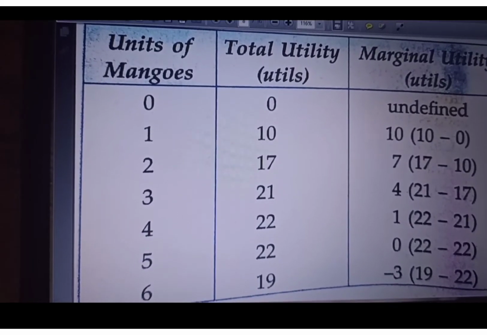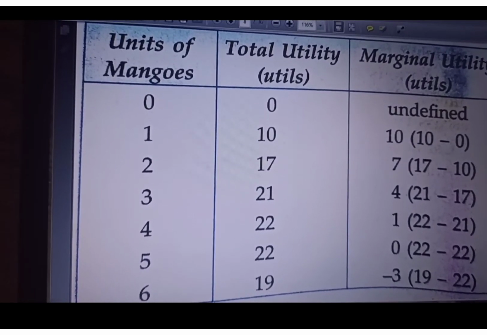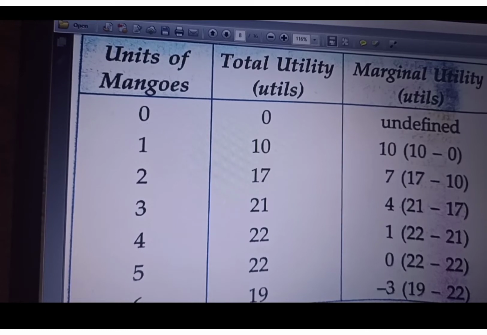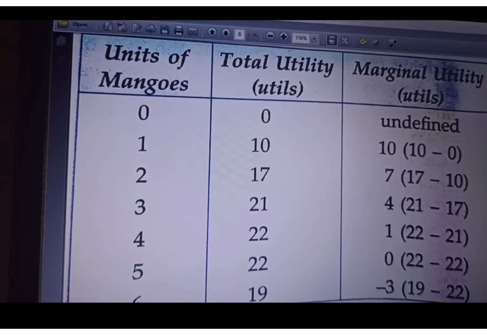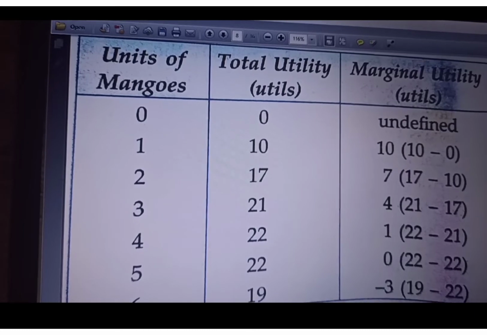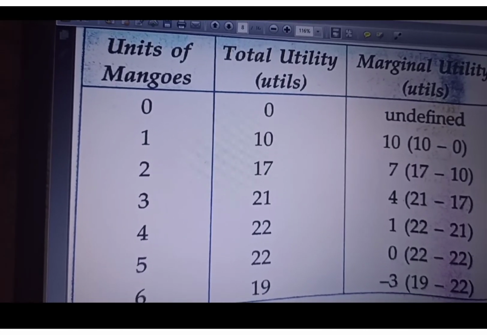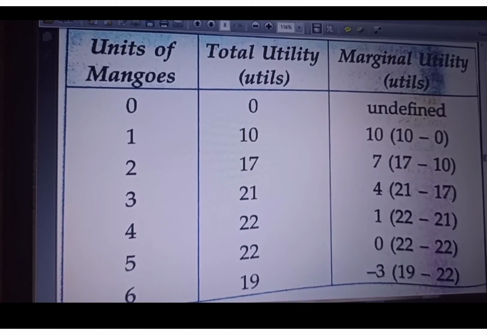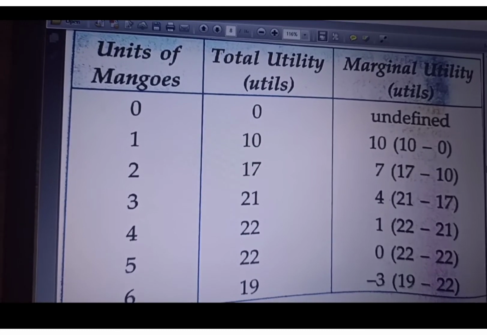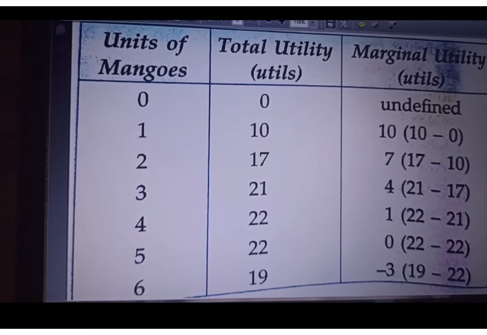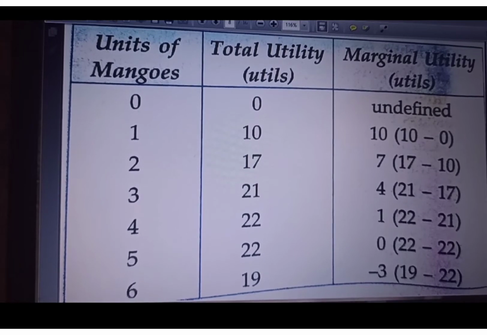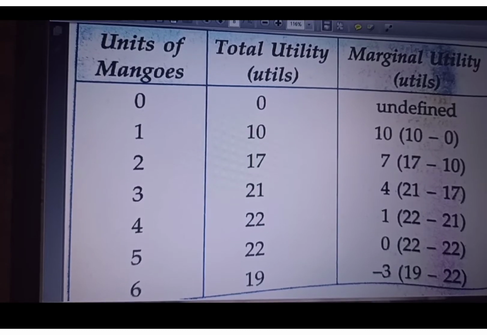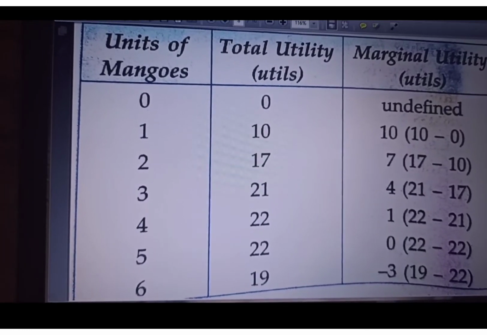Then total utility will be 17 plus 4 is equal to 21 rupees. So we can say that total utility means the total satisfaction a consumer is going to get by the number of utils. What is a util here? The util is the commodity which we are going to consume. So I hope you understood what total utility is. Total utility is the sum total of utils, or the sum total of utility in terms of utils, which a consumer is going to get by the number of units which he is going to consume.